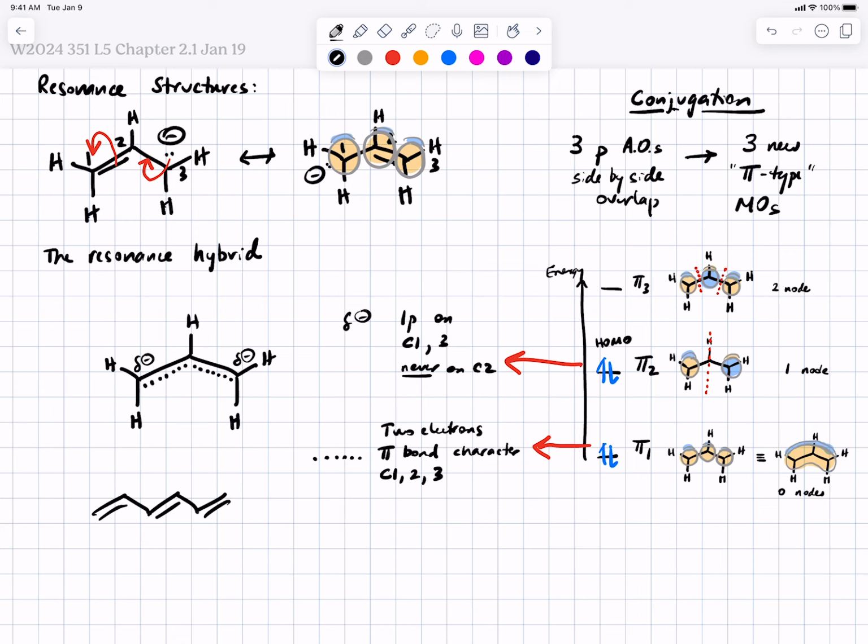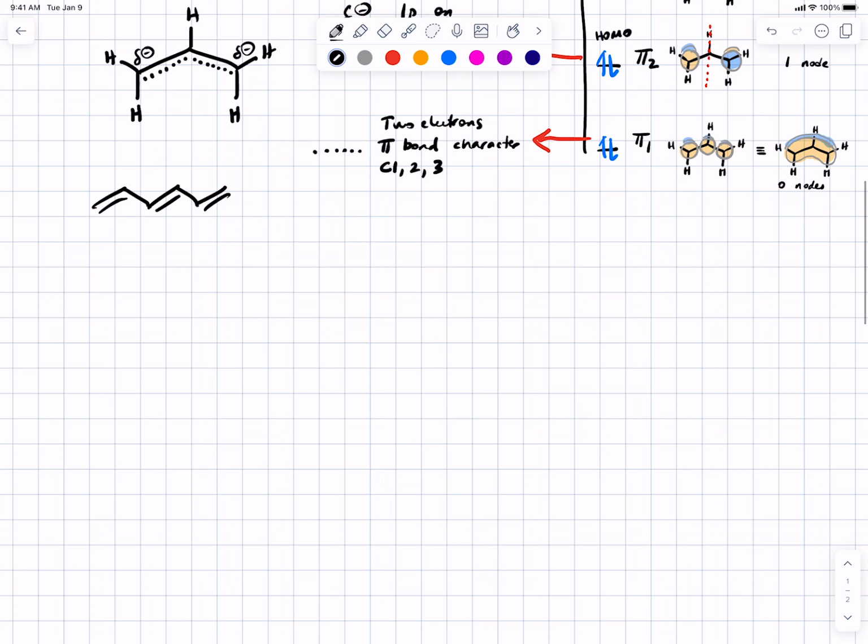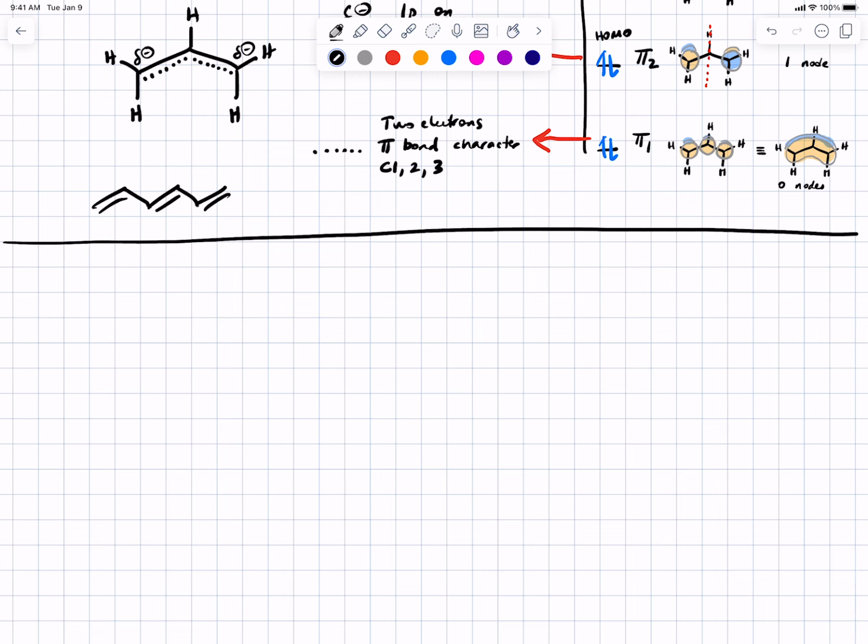Okay? All right, that's probably too much on that subject, but I wanted you to be able to see that because I feel like that's kind of cool and it sort of illustrates the connection between MO theory and resonance. Now, another question that's come up in some of your recitation sections,